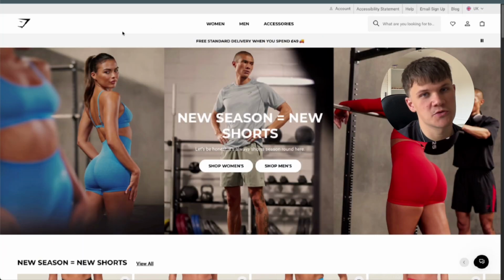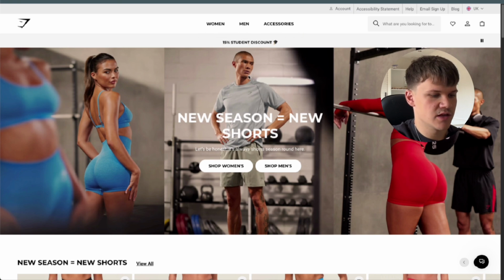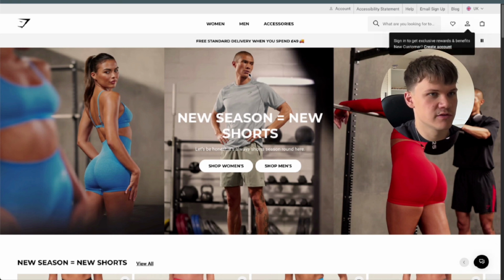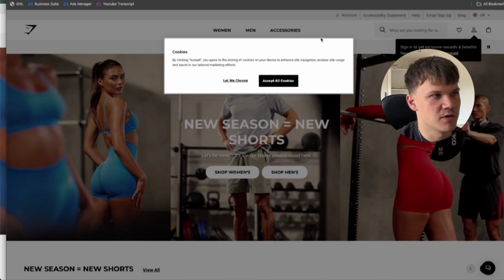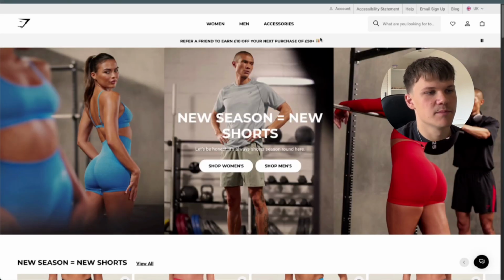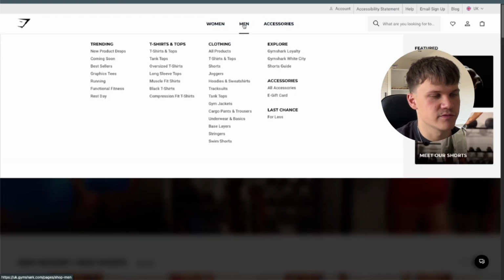Next one, Gymshark. Again, another billion-dollar company. Now again, a lot of common things that we saw on Apple here. So very simple at the start. I think there was probably a pop-up when I loaded into this. You get a little one here, sign in to get exclusive rewards. There is a cookies pop-up when you open it as well, but nothing too spammy. Very simple, shop women's, shop men's, a couple of options up here at the top, which obviously drop down into